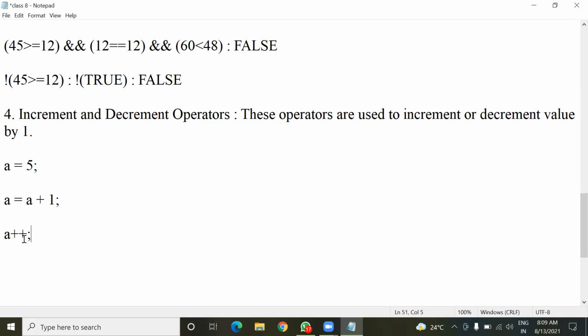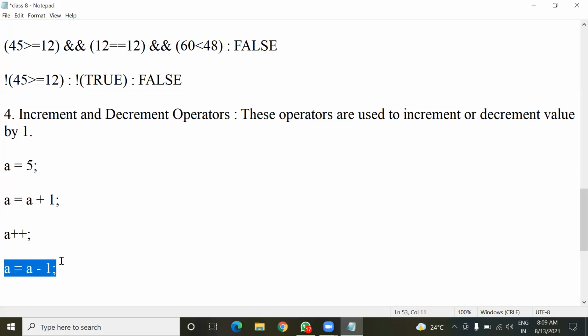Like this, if I write a statement a = a - 1, then what will be the value inside a now? 4.